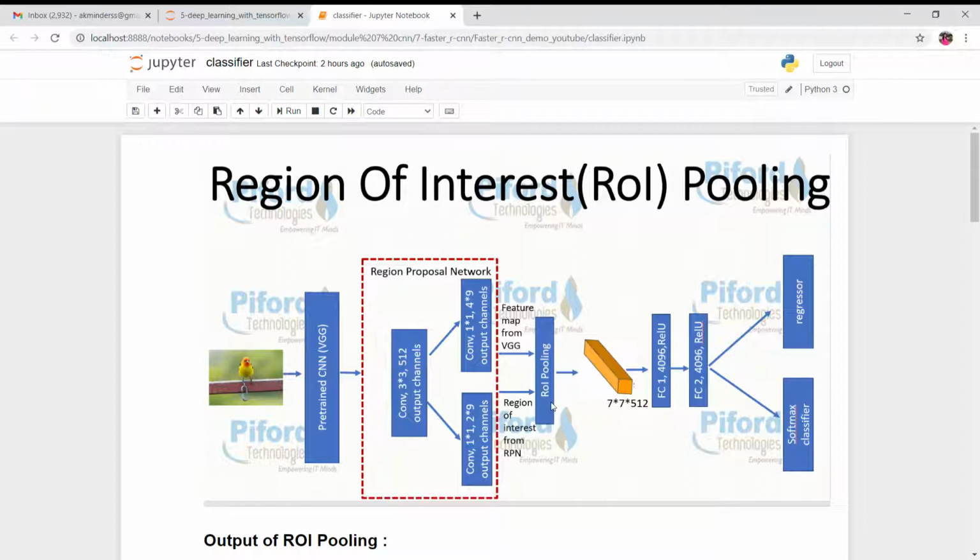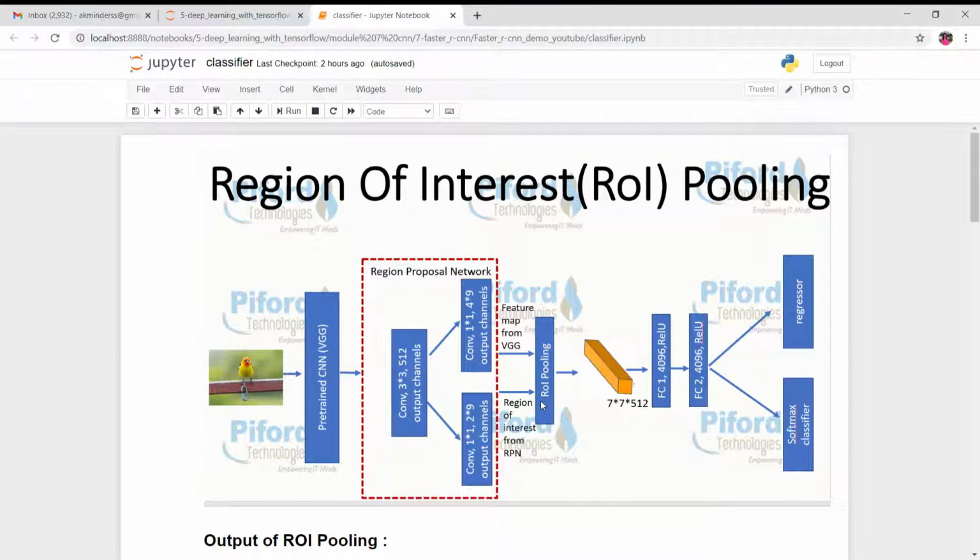And guys, if you are not familiar with what the region proposal network does and why we are using CNN over here, I have given the link in the description section. You can check it, because if you have an idea of what the region proposal network is and what it does, only then can you understand the further concepts. So today I'm just starting with ROI pooling only.